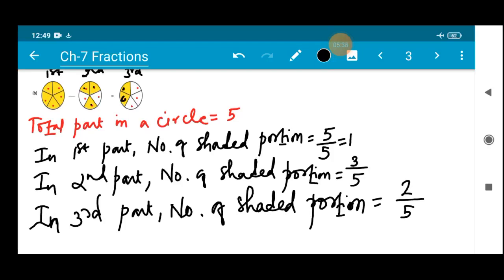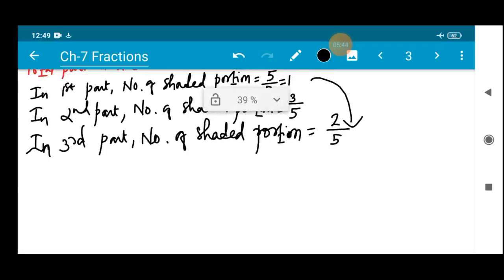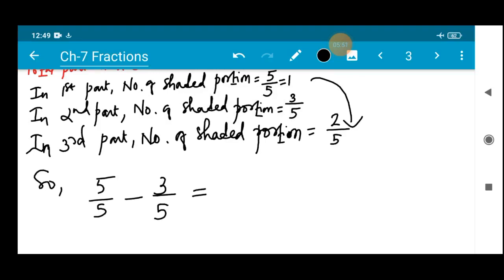Now, what is the result actually? Are you getting this by addition or by subtracting? So let us do both methods. So 5 by 5 and 3 by 5, let me add first of all. Both the denominators are the same, so 8 by 5, but we are not getting 8 by 5. That means addition cannot be done in this case, right? So this step is wrong. We will not go for addition. We will go for subtraction, the only option which we have.